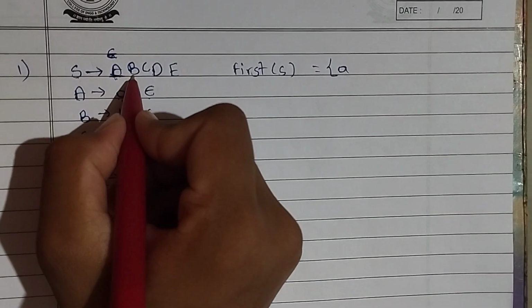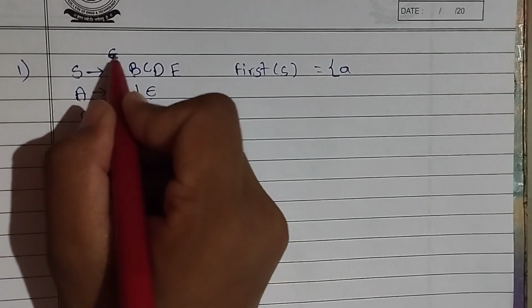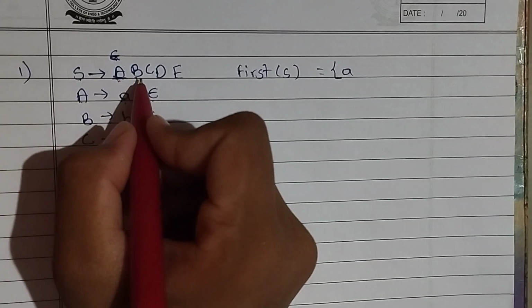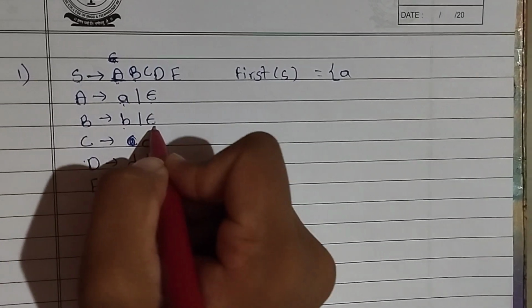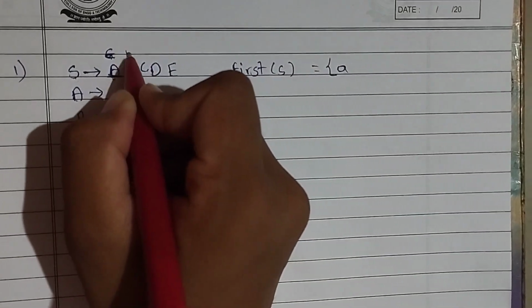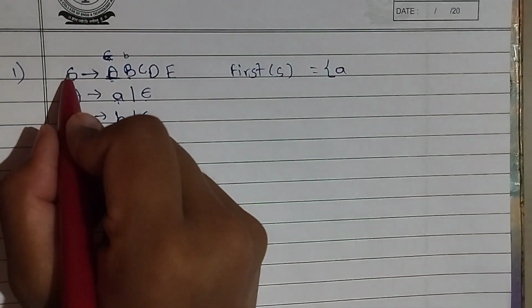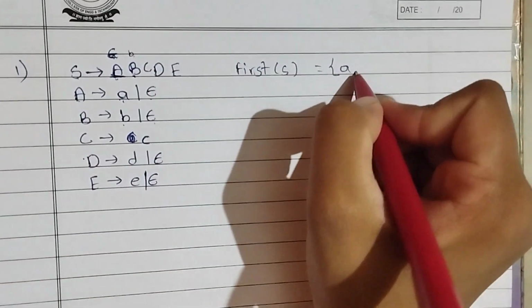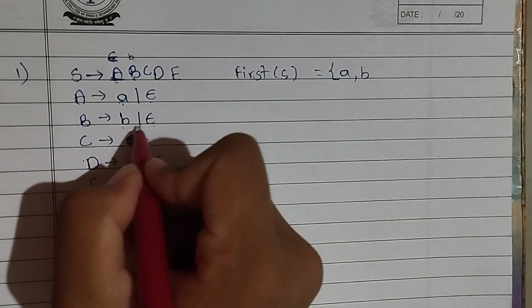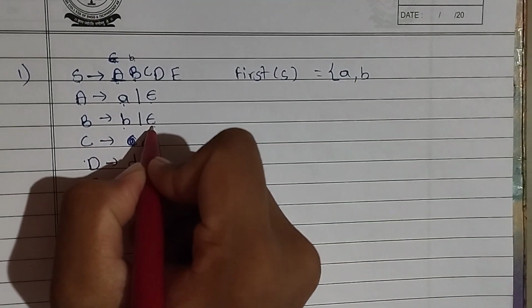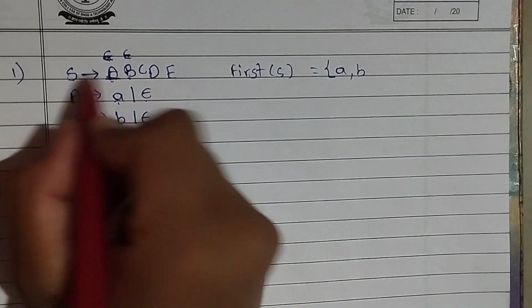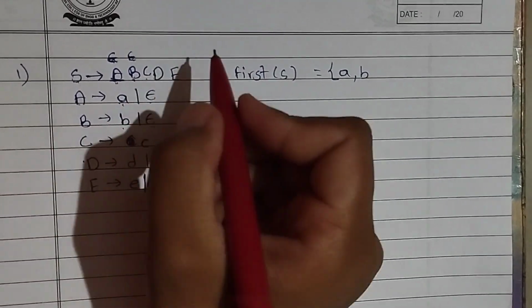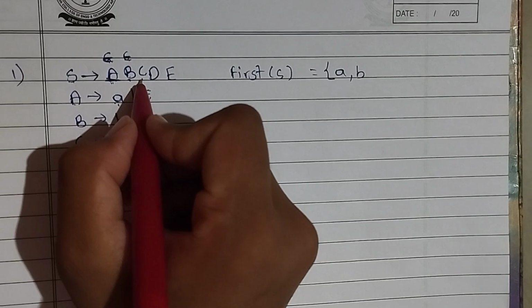So the second time, when we consider null here, S reads B first. So now if null is present, then the first of S is B, and B's first is b and null. If we consider B, then the first of S is now b, and this B reads null also. And if we consider null now,